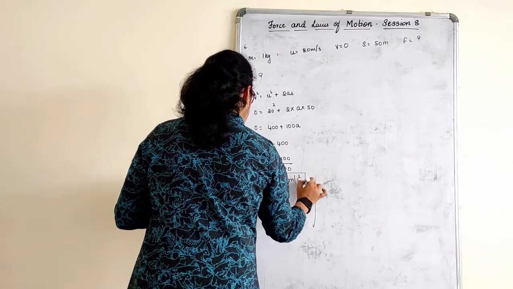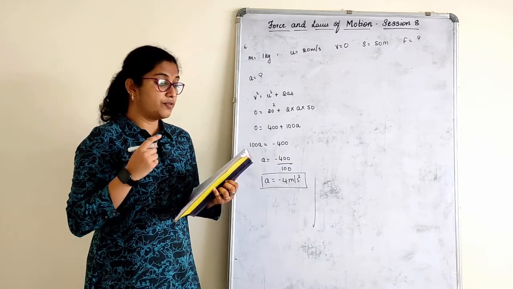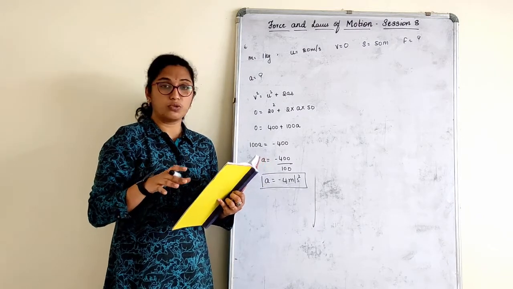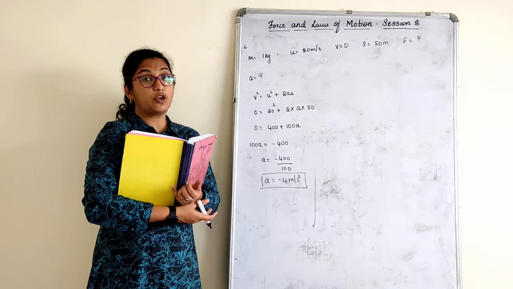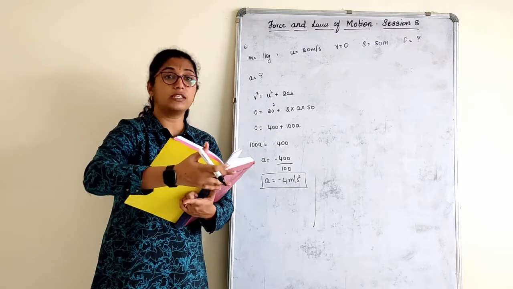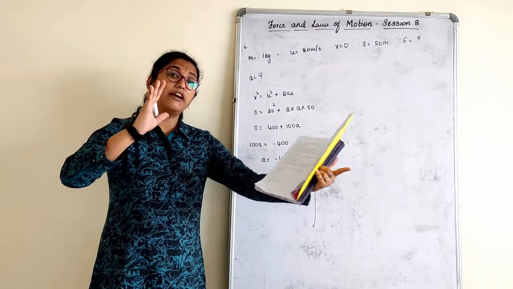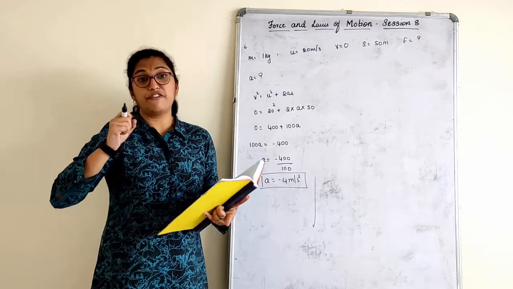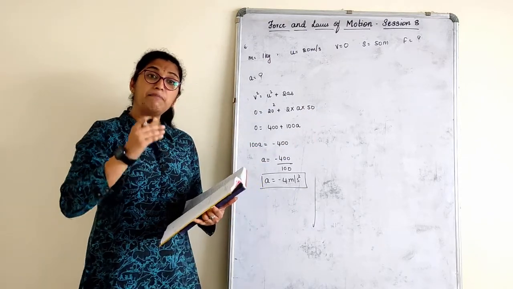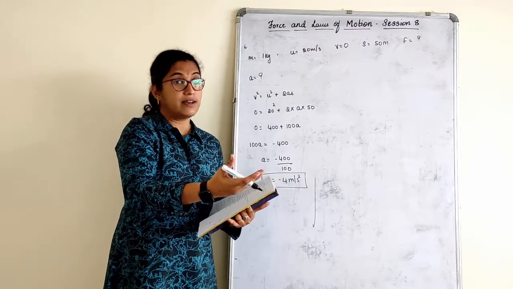Why did we get acceleration negative here? A 1 kg stone is thrown with a velocity across a frozen lake and comes to rest. What is the force of friction between the stone and the ice? Always when we talk about frictional force, what is a frictional force? It is a force which is acting opposite to the motion of an object. So it is always an opposite force. Suppose I apply 5 newtons of force to push something, there will be minus 5 newtons of friction force acting on it. That is why I am able to push it. Otherwise, I will not be able to push it.